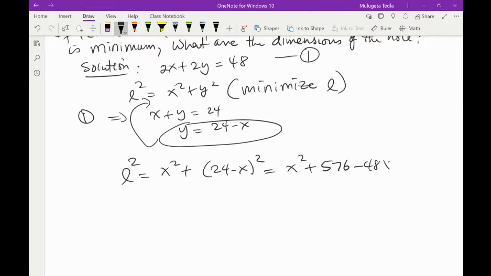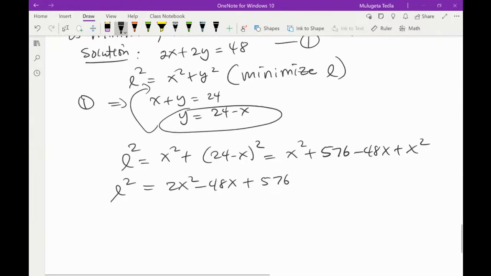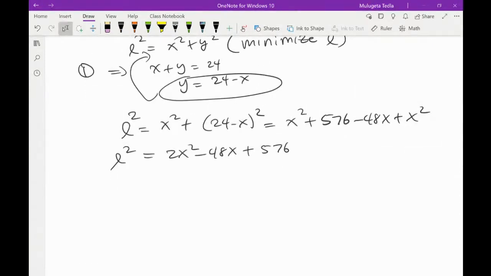Minus 48x plus x squared. This becomes 2x squared minus 48x plus 576 is L squared. So if you want to minimize, you have to find the critical number first, right? So well, you can use implicit 2L